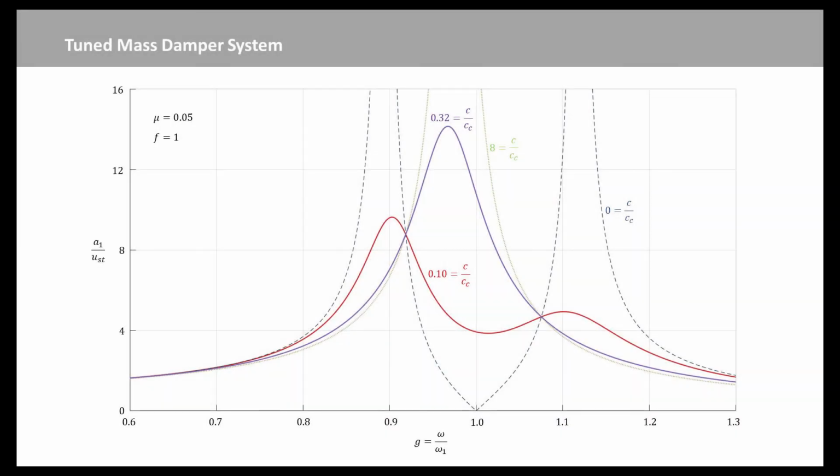If we assume natural frequency ratio f equal to 1 and mass ratio mu equal to 0.05, the relationship of forcing frequency ratio versus amplitude ratio is shown in this slide. The damping ratio increasing brings larger response of the system. However, if the damping ratio is very small, the response of the system has two peaks. We need to control the damping ratio to determine the optimum tune mass damper.